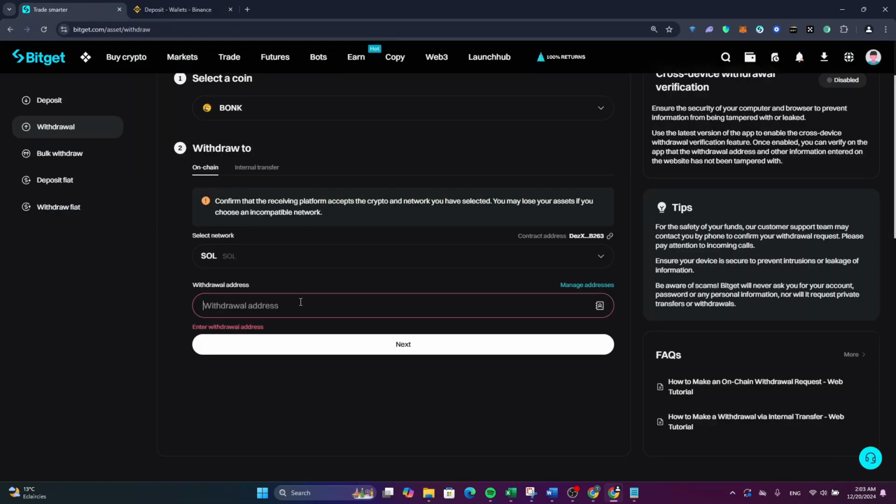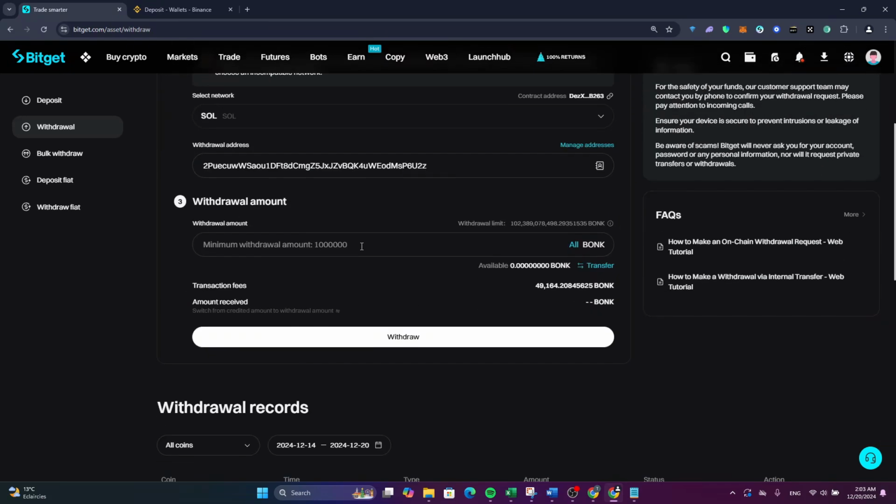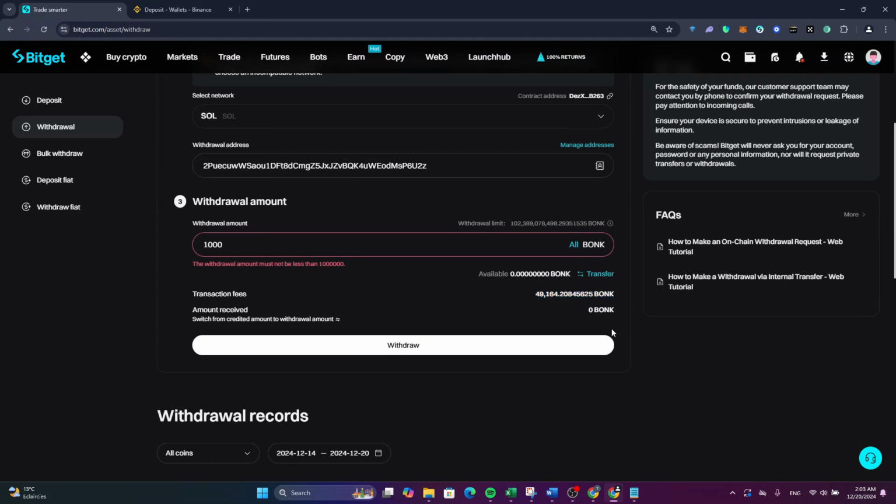Now go back to Bitget and now paste the wallet address. Now after that, click on next. And now as you can see, enter how much of BONK you want to transfer. And as you can see, the transaction fee is this much. And the amount received is 0 because I don't have any